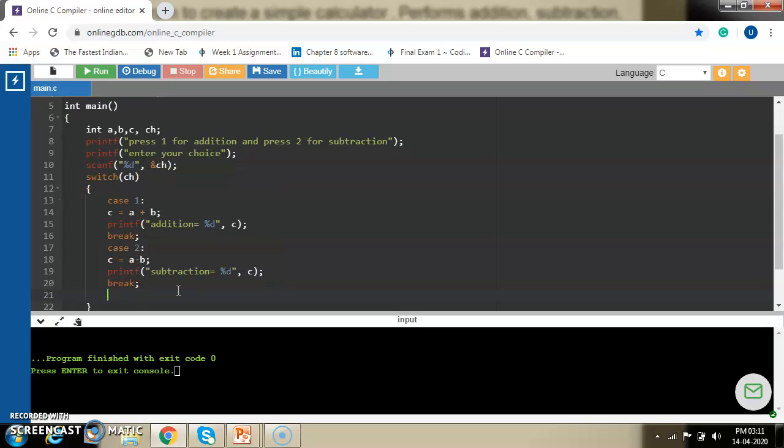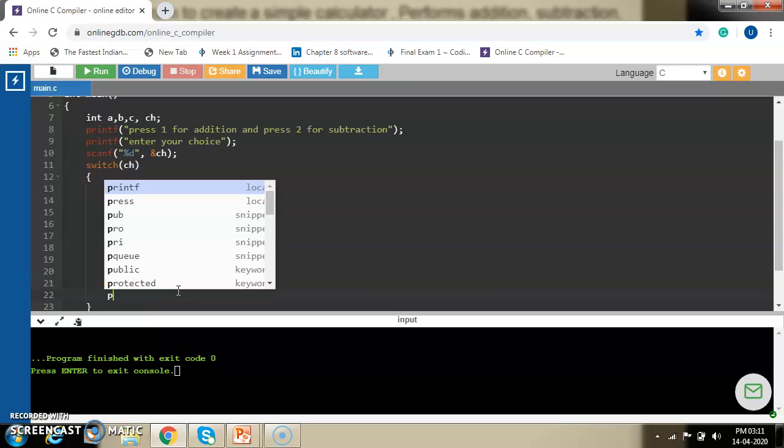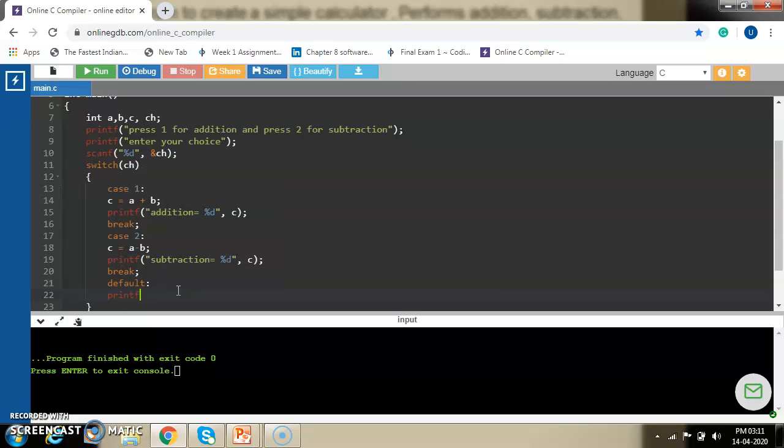Break. Finally, we will write the default case, and in that we print wrong choice. So if case 1 and 2 are not matched, then only it will go into the default case. So we print here a simple message that says wrong choice.